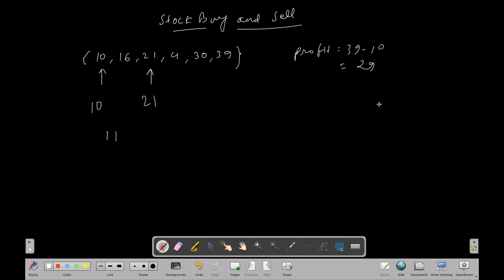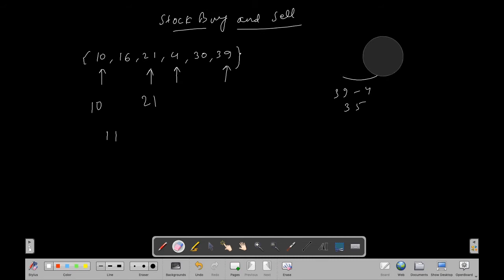But notice one thing: if we buy the stock at the price 4 and sell it at the price of 39, we get a profit of 39 minus 4, that is 35, which is greater than this one.